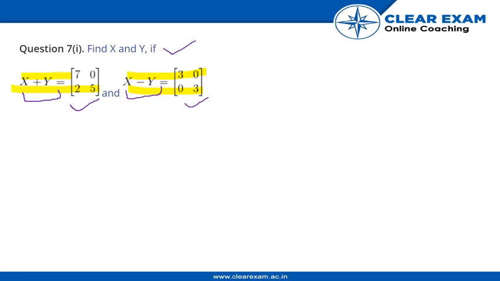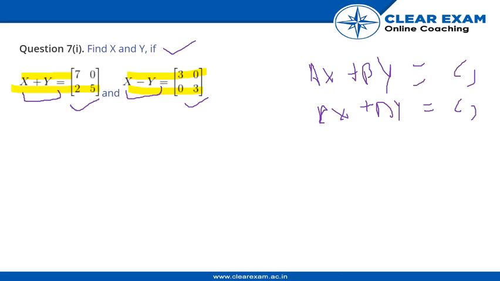I hope you all remember how to solve linear equations in two variables. Two equations in two variables. That's very easy. So we will apply the same thing over the matrices as well. The only thing to remember is that earlier in linear equations we had a constant on the right hand side. This time we have a matrix. For example, we have a linear equation ax plus by is equal to c1, and another linear equation cx plus dy is equal to c2, and c1 and c2 are constants.